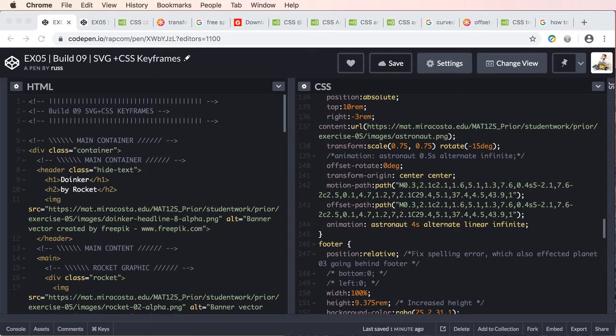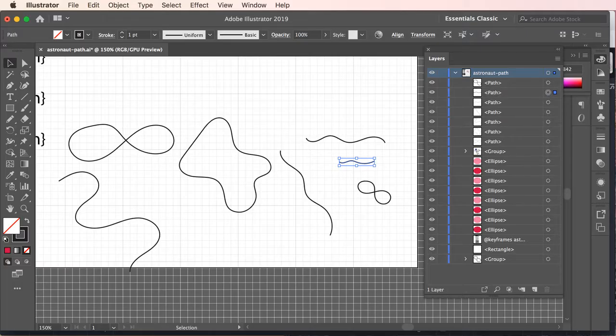Now, let's go ahead and make our motion path, or our offset path coordinates, even more complex, if you will. We're going to capture even more data, which will smooth out our path and also create a more complicated path. So let's go back to Illustrator,